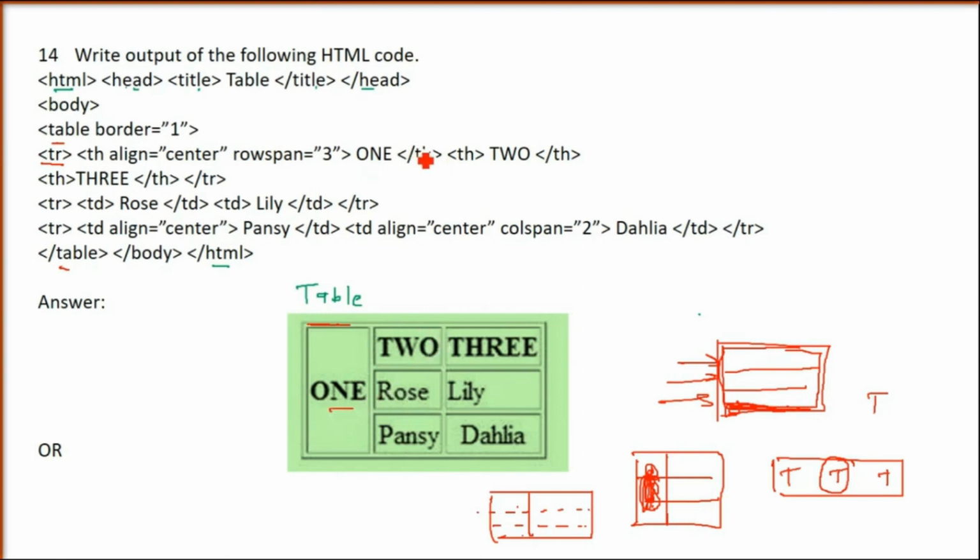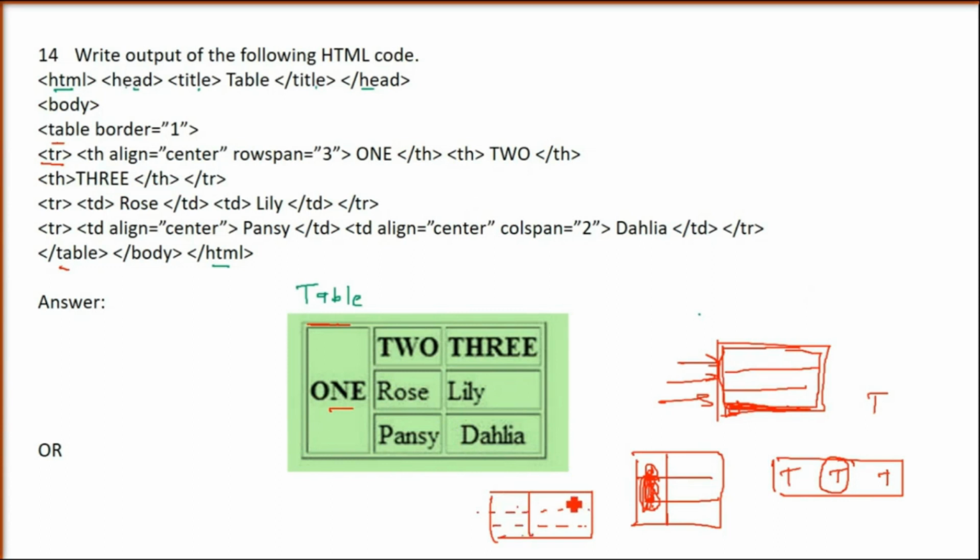Then table heading we closed. Everything we have to close if we open it. Then table header also we closed. Now it will be header, so it will come bold. Now we are coming to the second table heading. Table head is 2. So it will work exactly like the O and E, but only row span will not be 3. It will have simple 1 row. So now TH will be 3.